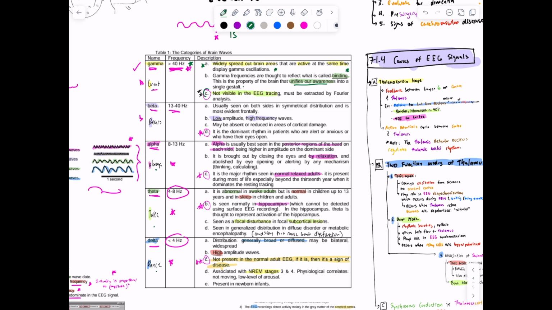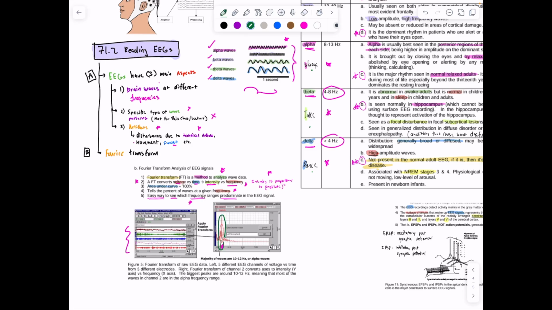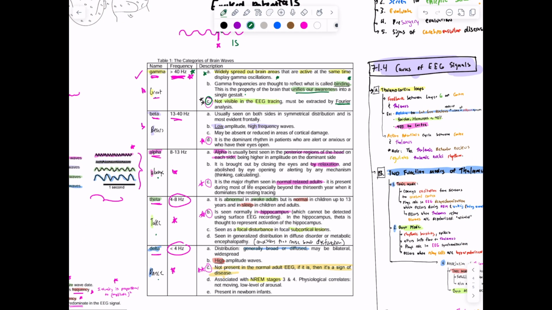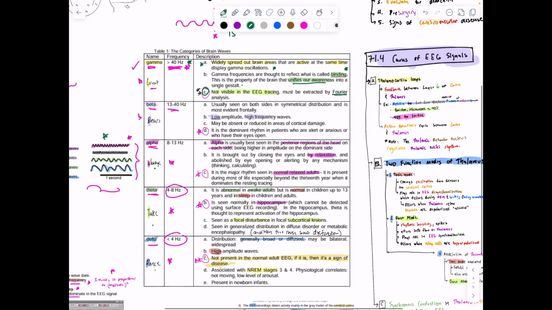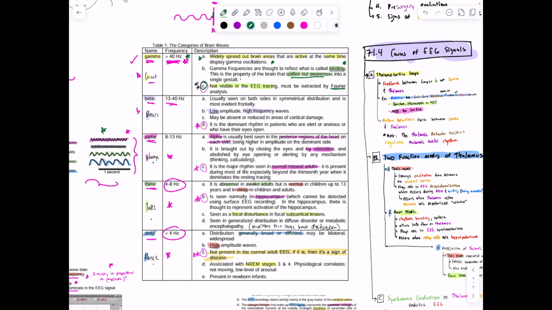It's not visible on EEG tracing, so you have to use the Fourier transform to say, hey, there's a huge spike right here. This is the most common frequency of all of your brain data. It's just saying you have to use a Fourier transform to see gamma on an EEG tracing; you can't see it directly. You have to use a Fourier analysis to get a secondary graph, and then you can say, oh, there is a gamma wave here. All right, the next one is bears for beta, and